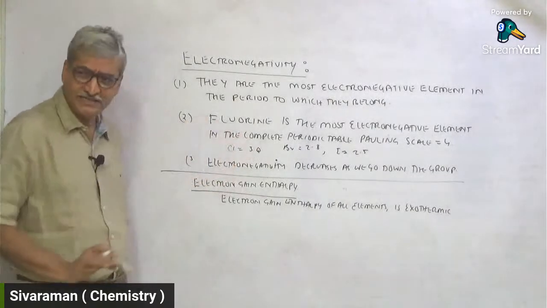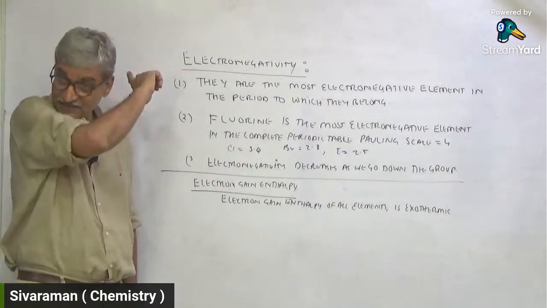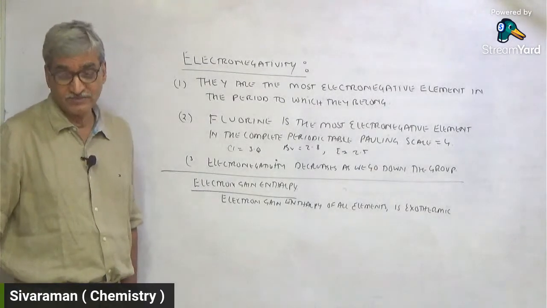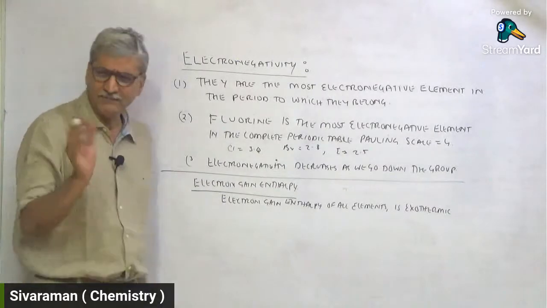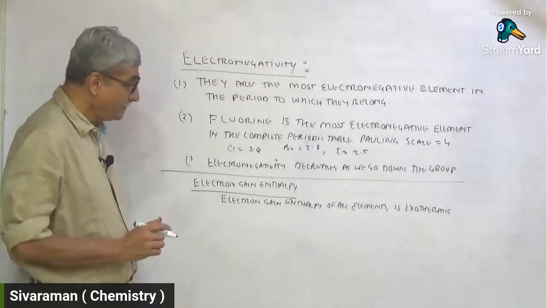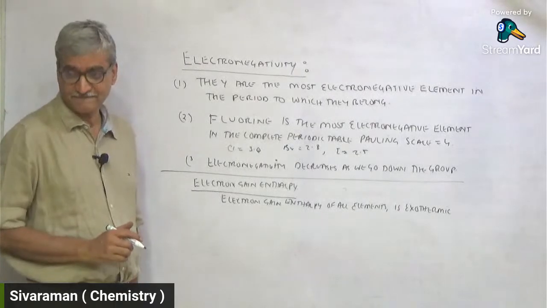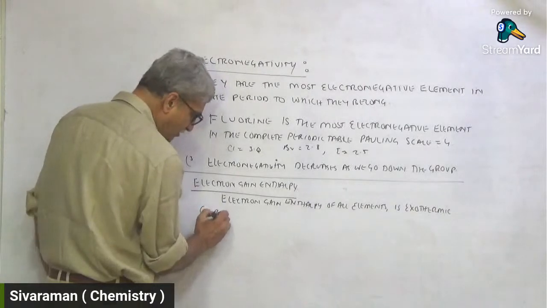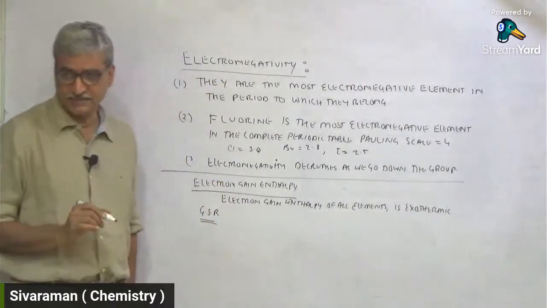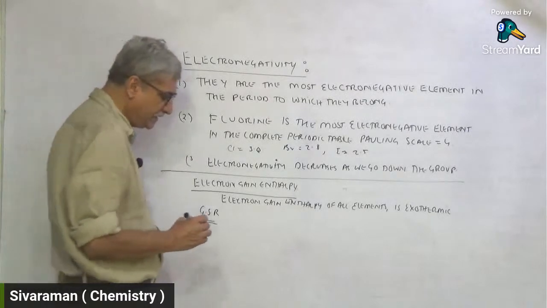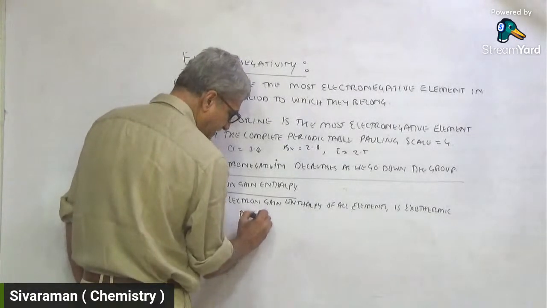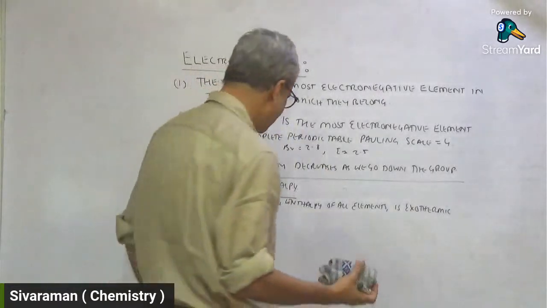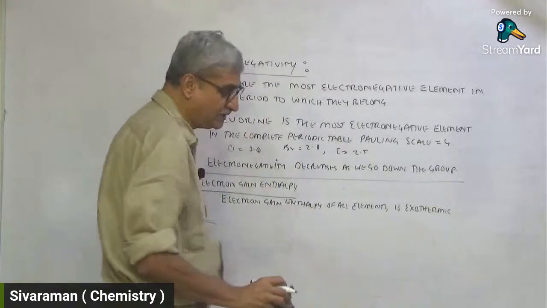So here everything is exothermic, but in the other case, oxygen, sulfur, selenium, tellurium, polonium, O to O minus 2 and S to S minus 2 were endothermic. We have to do a comparative study. Now here is a GSR, give scientific reason, which will also become an entrance exam question. Give scientific reason: fluorine has... I'll just write down the values so it becomes more apparent and you will understand what I'm saying.